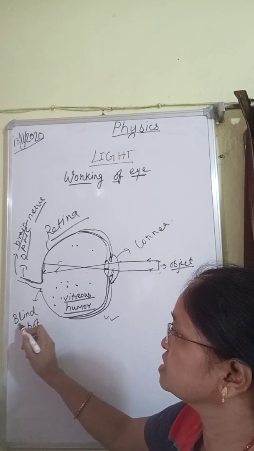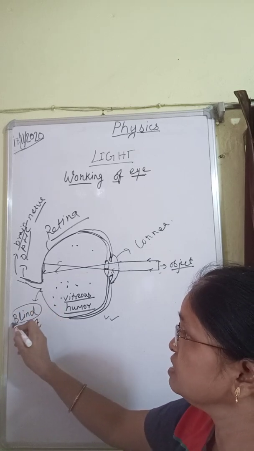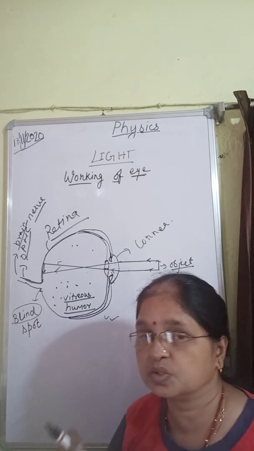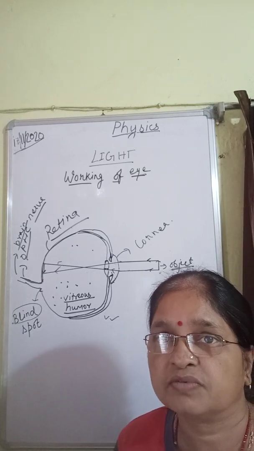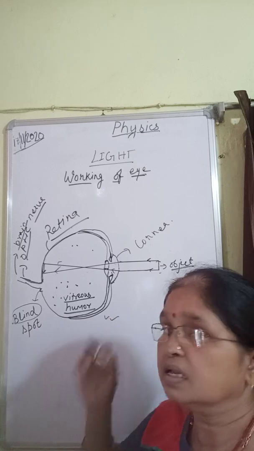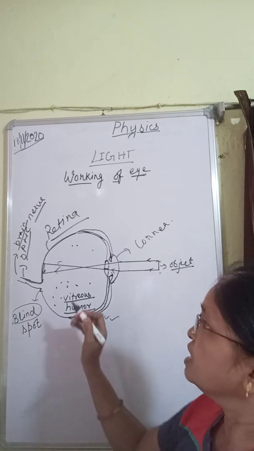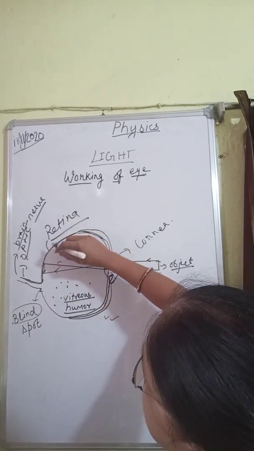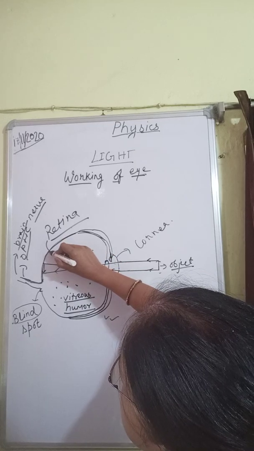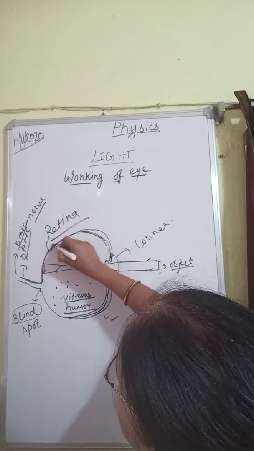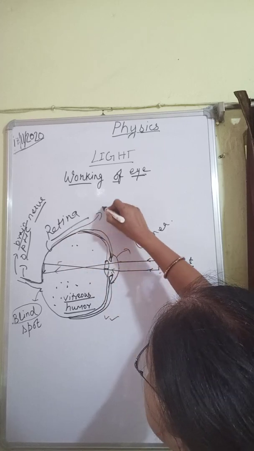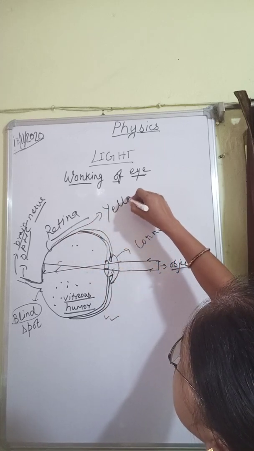That's why the name blind is given: no photoreceptor cells are present, so nothing is responsible for taking the images. Next, there is one more spot in the retina, known as the yellow spot